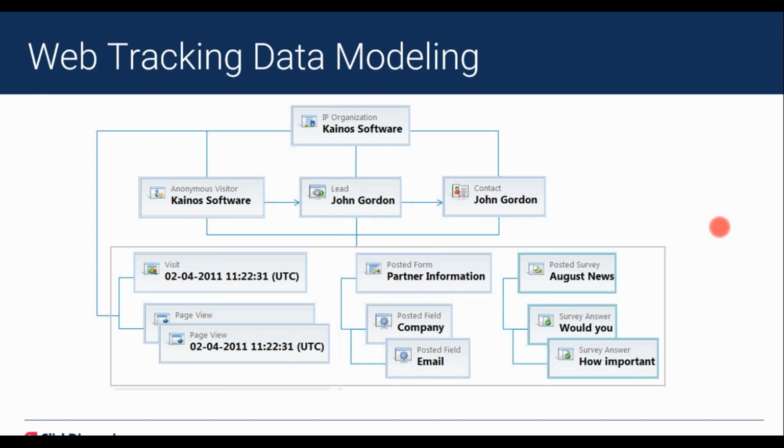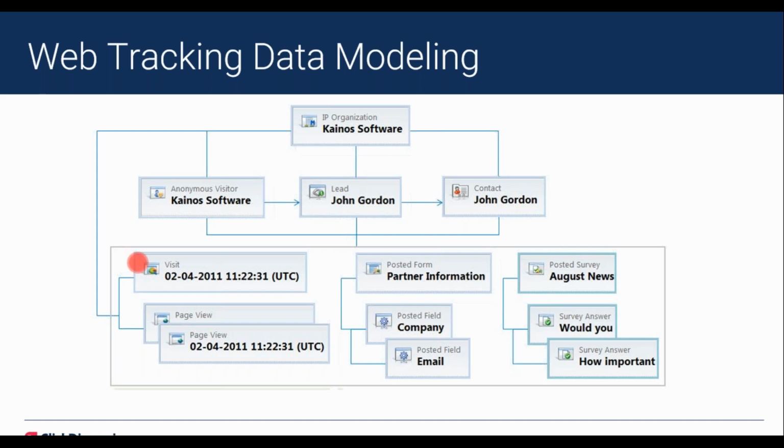If they are not known, we're going to create this anonymous visitor record so we can start tracking their page views and visit histories before we know who they are, because we're hoping to one day find out who they are. Now, ways to become a known visitor is if they click on a link in an email that you